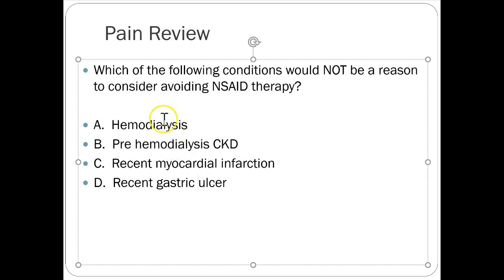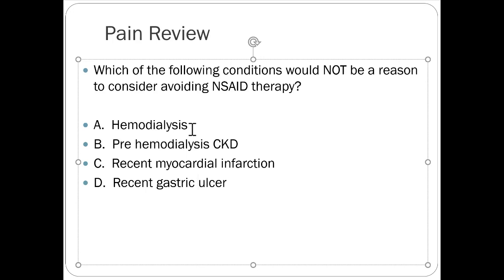And now that leaves it with our kidney ones. Again, a little bit tricky. So think about somebody who's on hemodialysis versus somebody not. Somebody who is pre-hemodialysis CKD is still making urine. Their kidneys are still functional, but they're at risk for damage. So we want to avoid damaging them, and anything that's potentially nephrotoxic, like an NSAID, is something we don't want